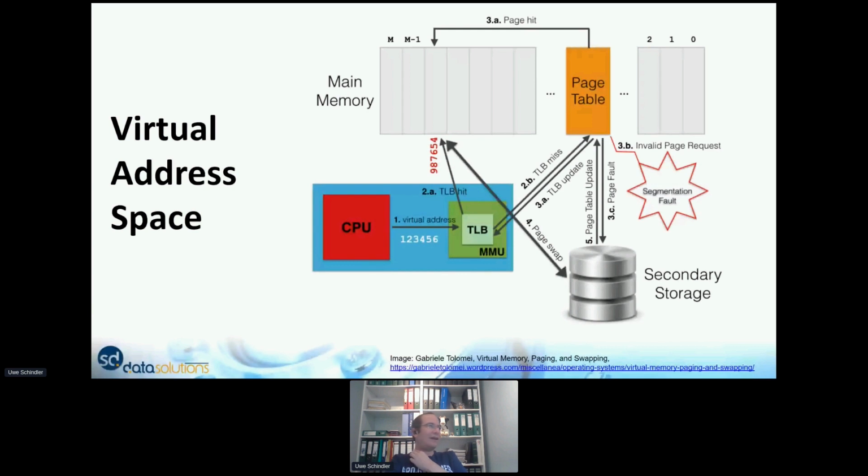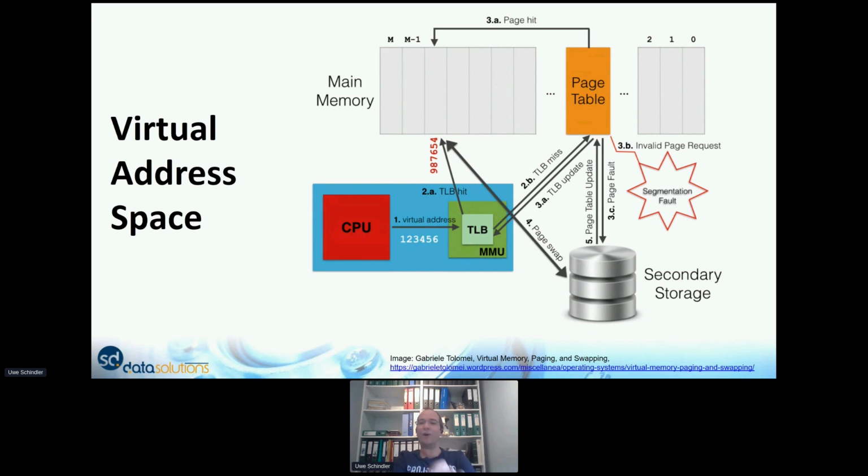But if the kernel knows in the page table that this address is mapped to something which is on secondary storage, like in your swap file of your operating system, or it is mapped using memory mapping to a file like the Lucene index on disk, then the following happens.